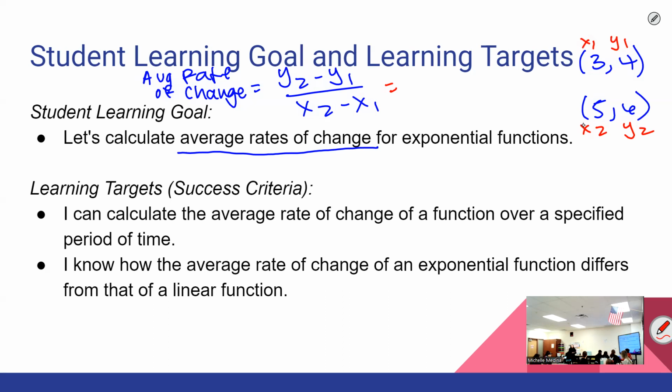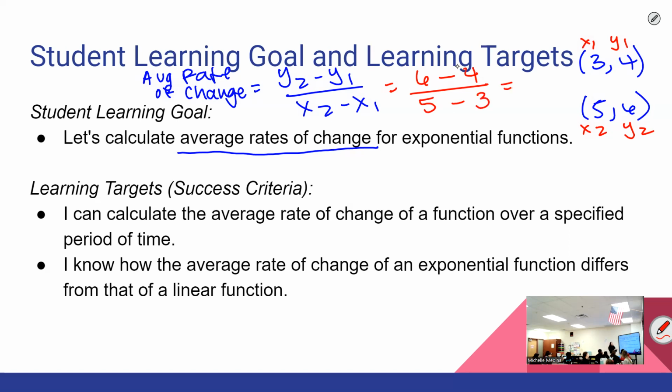I never skip the labeling step because when people do, they make mistakes. However I labeled it is how I put it into the formula. So what did I say my y2 is? It's going to be 6 minus, what did I say my y1 is? Over, what did I say x2 is? Minus my x1, which is,